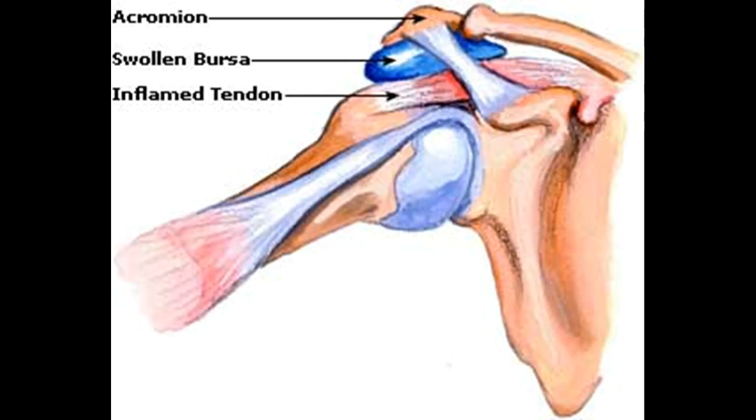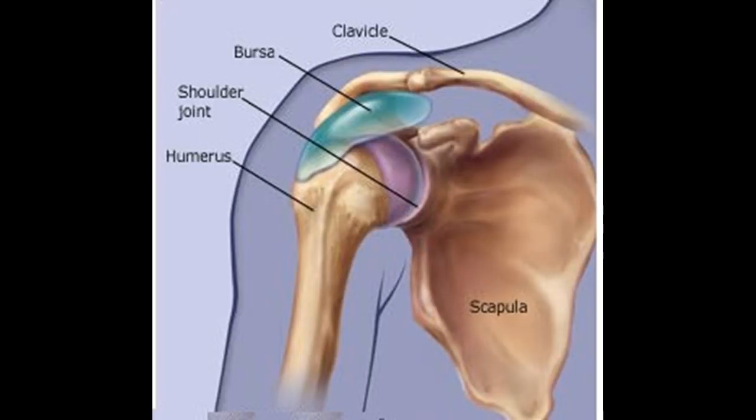Bursitis. The best treatment options. Bursitis is the inflammation or irritation of the bursa. The bursa is a sac filled with lubricating fluid, located between tissues such as bone, muscle, tendons, and skin, that decreases rubbing, friction, and irritation.